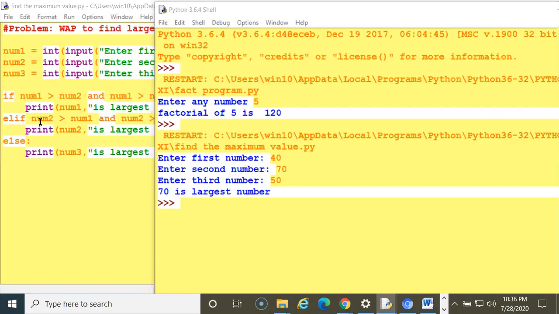So it will compare the second number, elif. Num2 will be compared with num1 and num3, so it is correct. Then again it will compare the value with the third one. The first and third are incorrect, so it will print the second one. So the second, 70, is the largest number. Such types of practicals you can do.